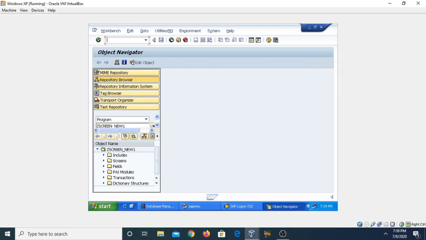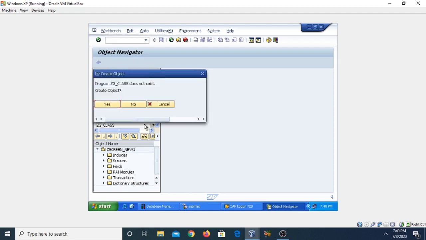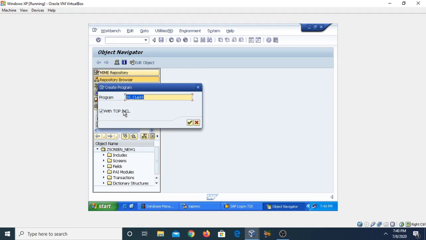If you need to create a new program, use program and then jetg_class, which represents the global class. Then press enter. It will ask you to create the object, yes, with top include no, and then press OK.